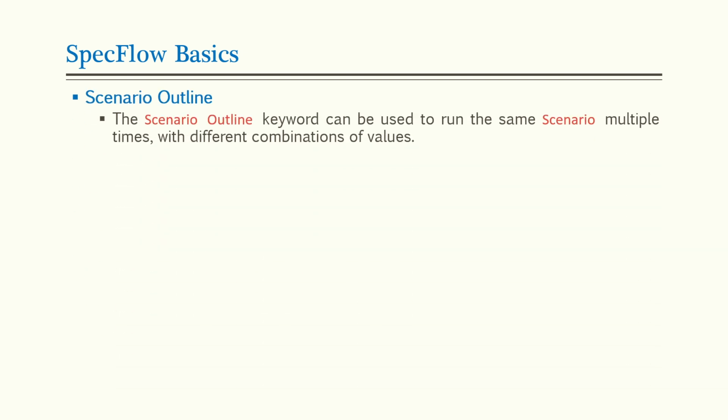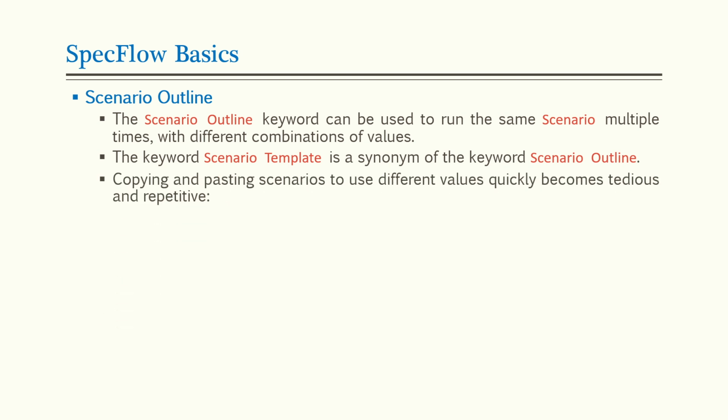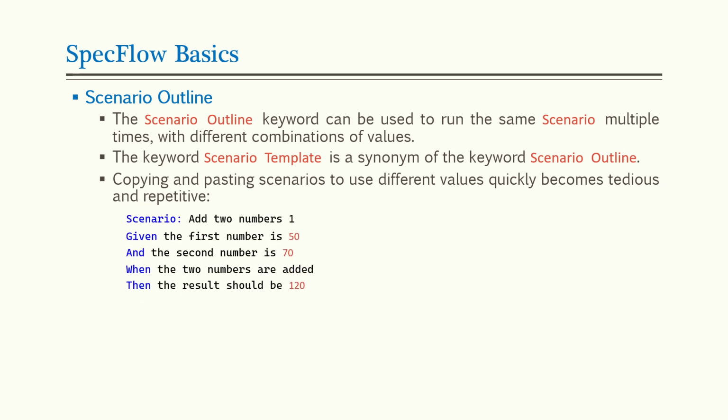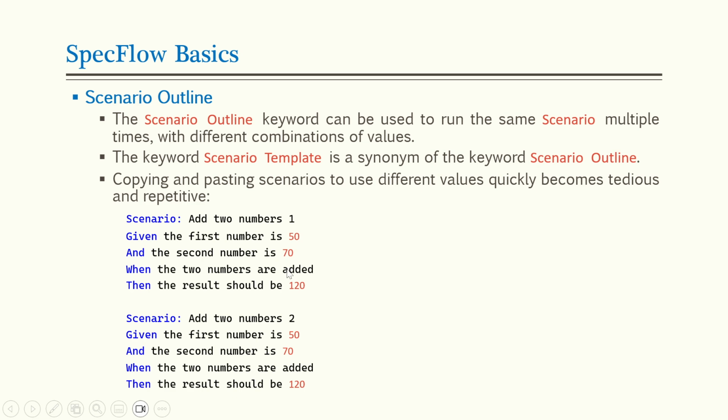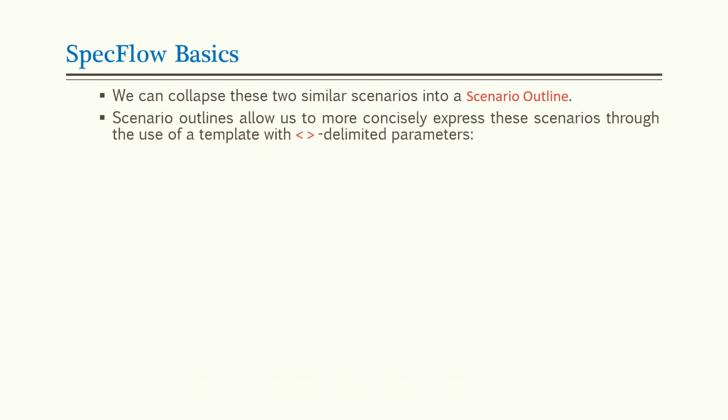Scenario Outline. The Scenario Outline keyword can be used to run the same scenario multiple times with different combinations of values. The keyword Scenario Template is a synonym of the keyword Scenario Outline. Copying and pasting scenarios to use different values quickly becomes tedious and repetitive. So if you want to use this, say, Given add number one, add number two, first, and then again you have add number two, second, and you need to pass the same test cases or same numbers. So we can collapse these two similar scenarios into a Scenario Outline,